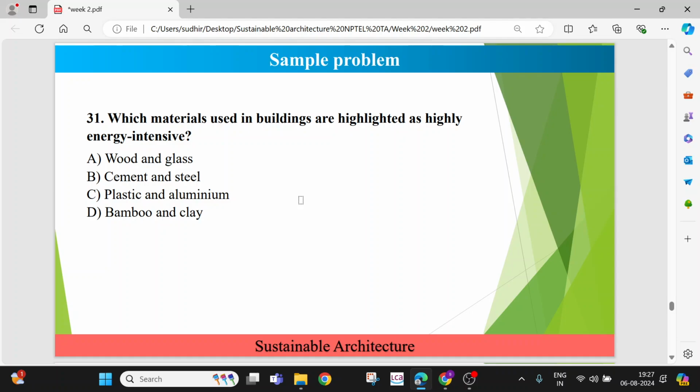And as it is well explained in the lecture, you would have seen in the videos also that cement and steel are referred to as the highly energy intensive materials out of the four options, because their production process consumes a significant amount of energy, which contributes to environmental impact as well. That's why the focus is on these elements, due to their increasing use in modern construction. They are so much used in modern construction, and without knowing the energy intensity or the environmental impacts,